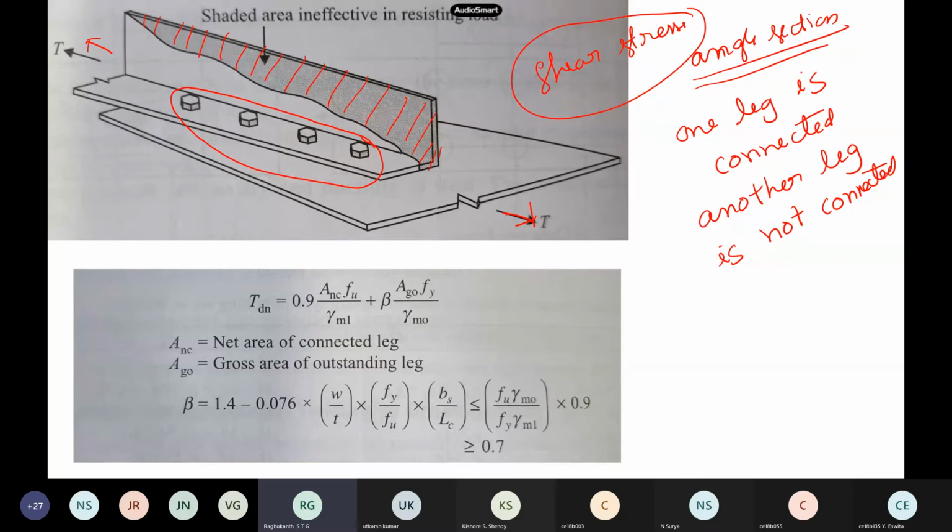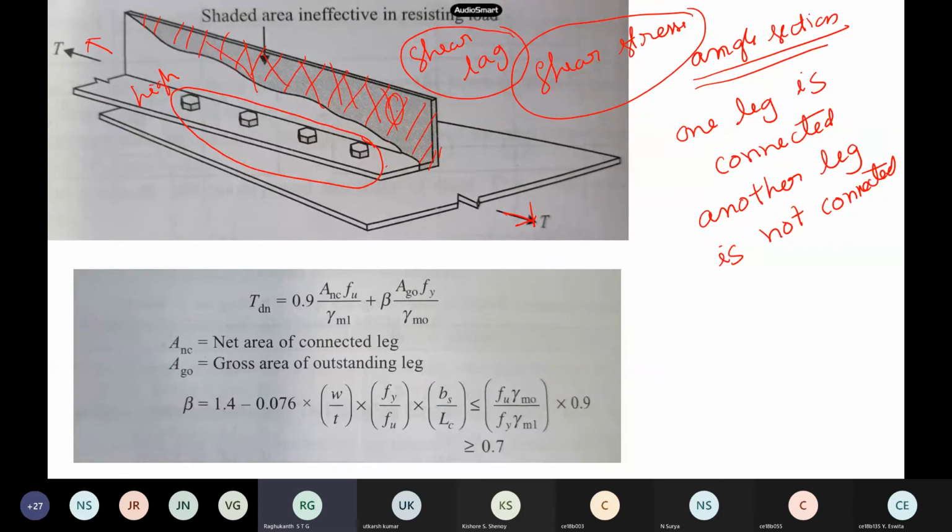So this one we call the shear lag. The stresses are very high in this region, whereas in this shaded portion the stresses are much lower. So the stresses here are lagging behind this portion, and that is how the name came. Okay, shear lag. Generally we are designing a tension member, so it should be called a tension lag or something like that. Why do we call it a shear lag?